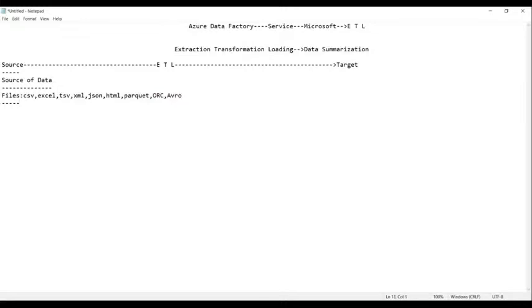Apart from the files, what are the other sources from where we get the data? We can get the data from databases. So what are the types of databases? Now, can you tell me what is the very basic difference between files and a database? You can consider that files, that is Excel files or CSV files, are very similar.